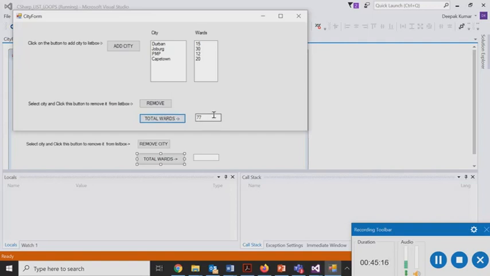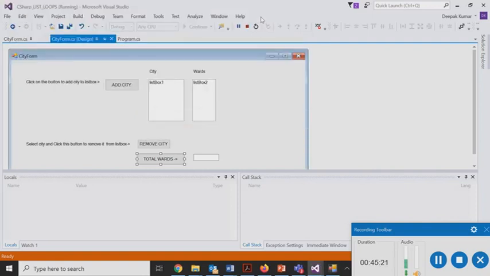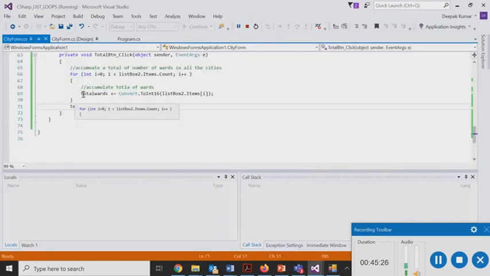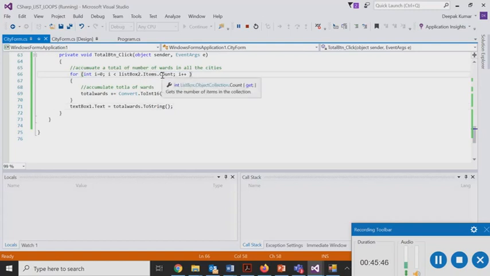In another situation, this would have thrown an error if you would have done anything like saying that the for loop is running from I is equal to 0 to I less than 5. Say for example, we hard coded it to 5 to run it for 5 times. So you would have said I is less than 5, and this loop would have given an error because we don't have 5 items here. We only have 4 items. So now this automatically adjusts itself accordingly to the number of items in the list box.